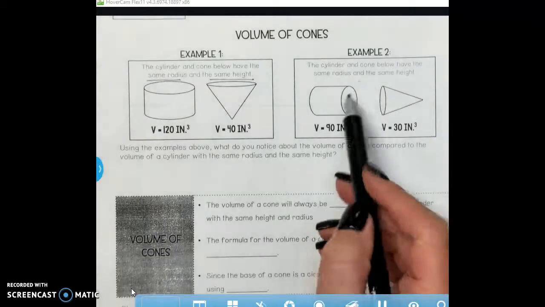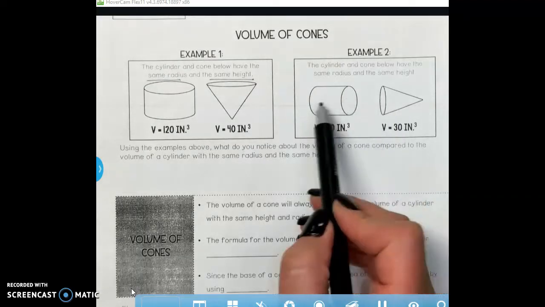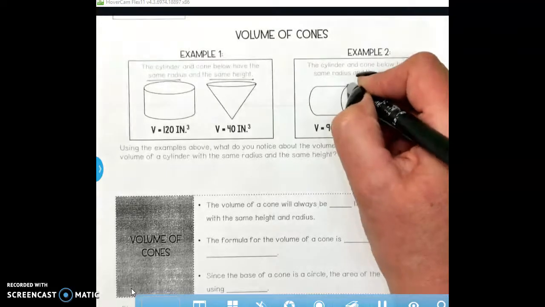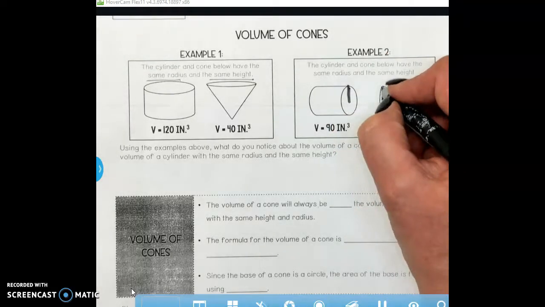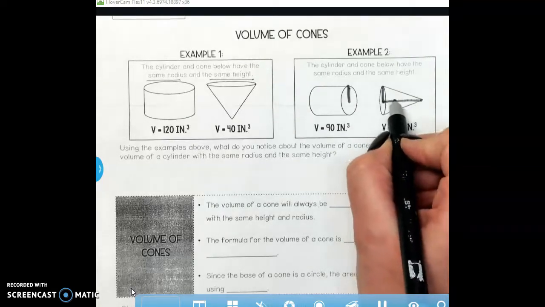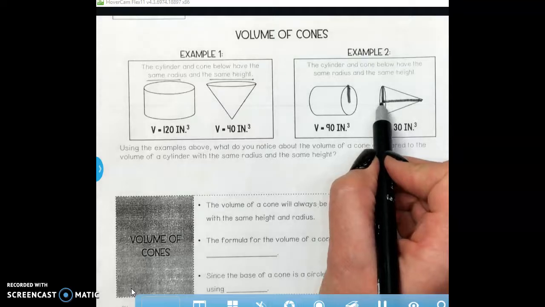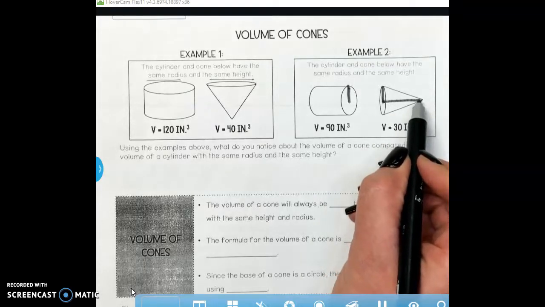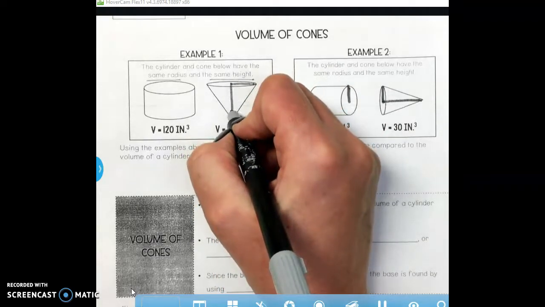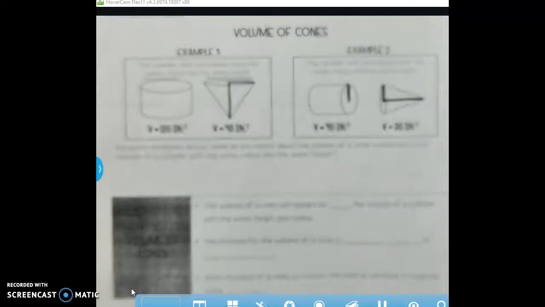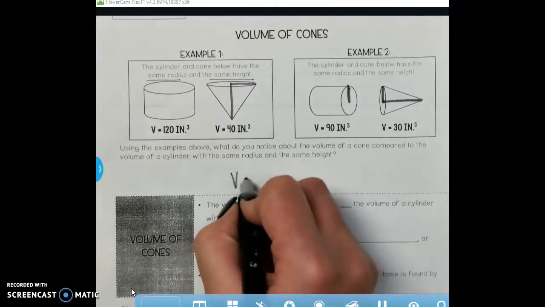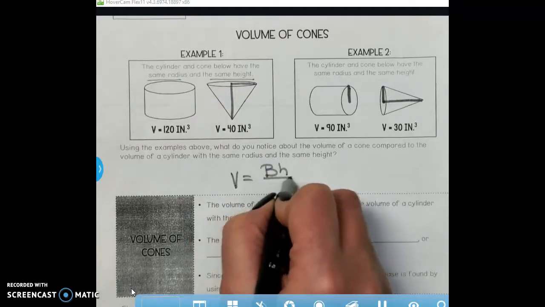Once again, if they have the same measurements, that means the radius is the same and the height is the same. The radius for the cone is going to be very similar to the cylinder. The height for the cone is going to be a very similar measure to the pyramids. It goes from the center of the cone to the very top of that apex. So our examples are definitely supporting the formula that we're going to be using,